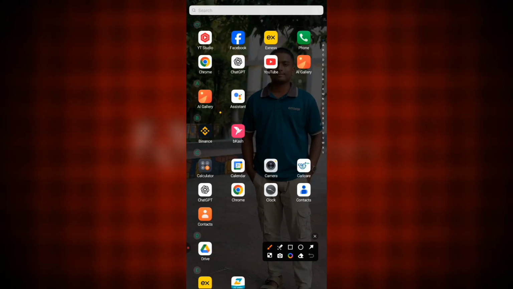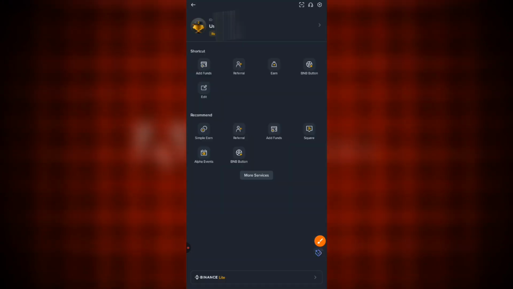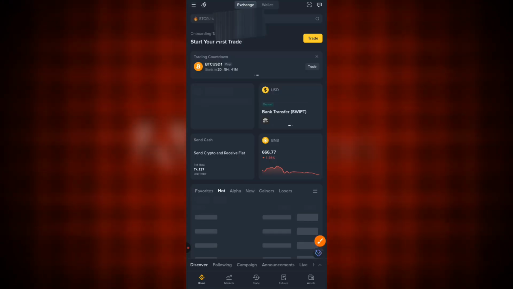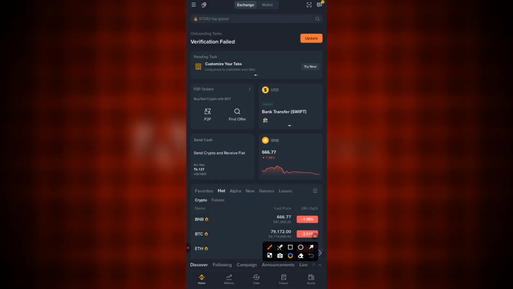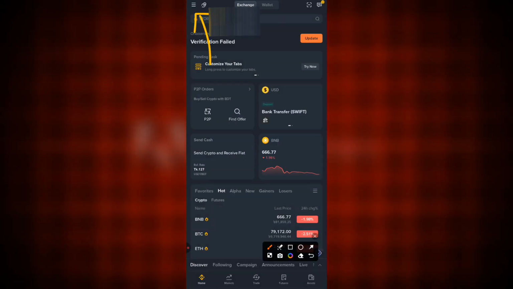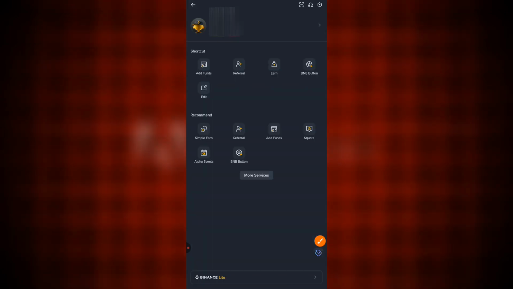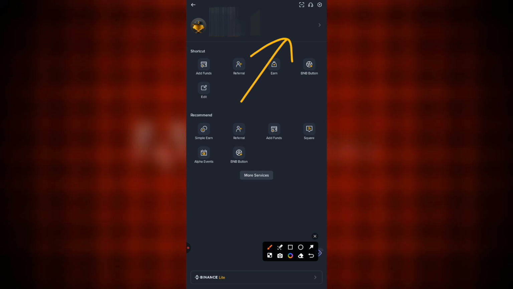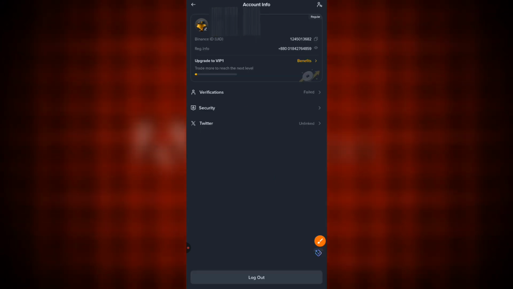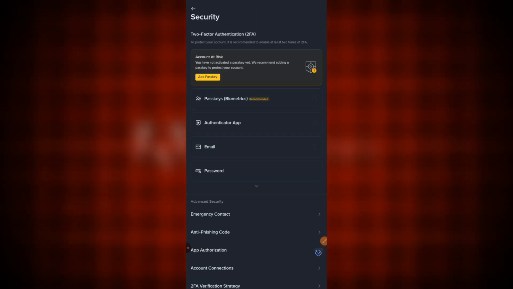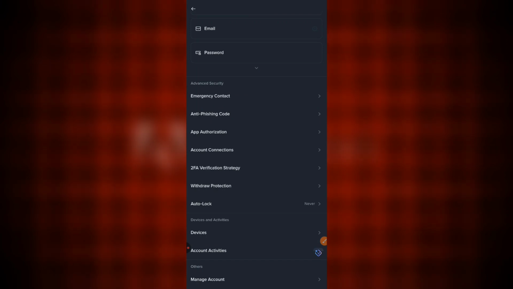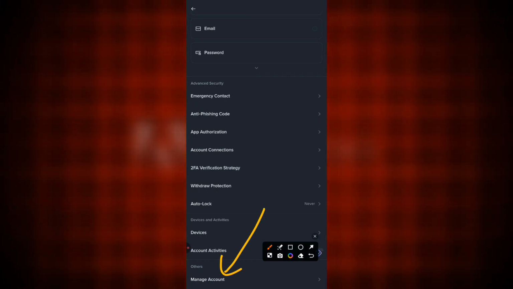Let's go. At first, go to your Binance application, then click on the three dot option. Then tap this menu, go to your security option, then now scroll. Now tap manage account,